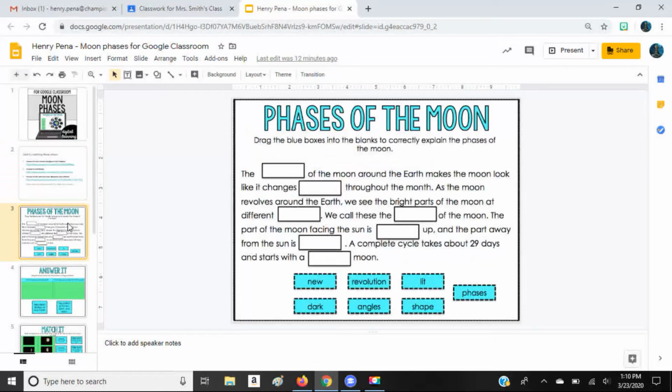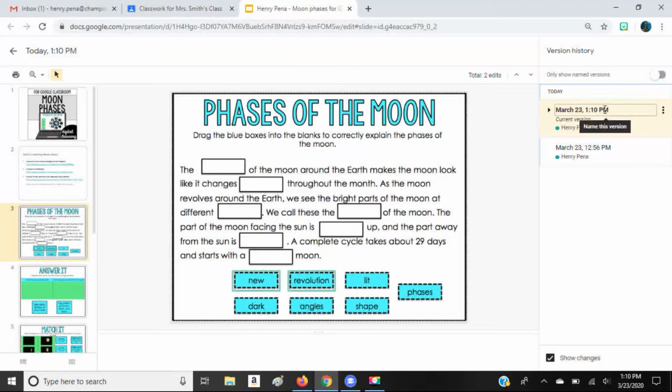I watch the videos, then I can edit the PowerPoint by moving these around. Anything I did that I don't like or want to change, I'm going to push back. Let's say you accidentally delete one of these slides or one of these words and you push the back arrow and it's too late, it won't let you go back, you made a mistake. What you want to do is go here, which says all changes saved in Drive. Click on that and you'll get